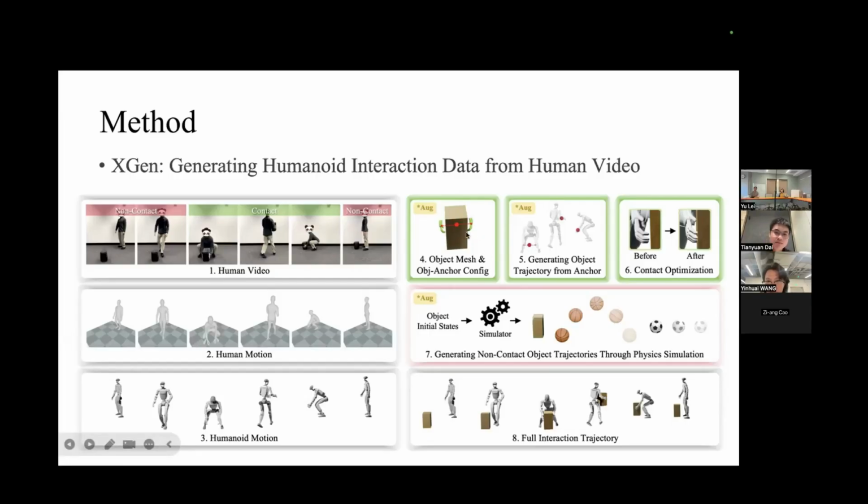The next step, once we determine the object anchor configuration, is to generate the object trajectories from the anchor, which means we can generate the object trajectories from the human motion now.